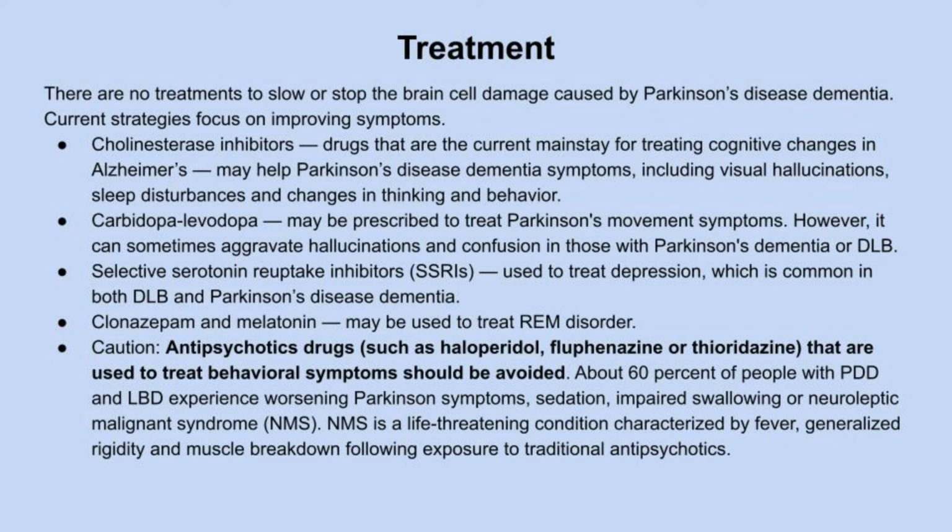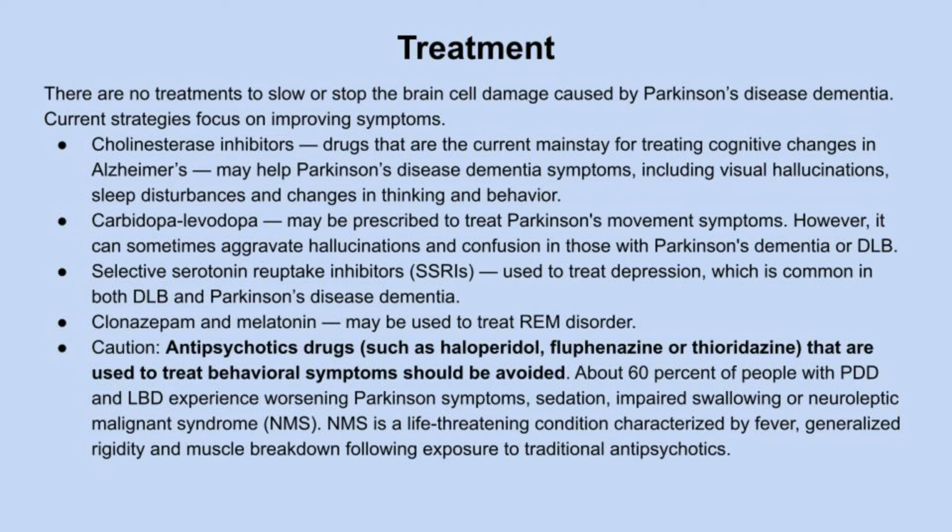NMS is a life-threatening condition characterized by fever, generalized rigidity, and muscle breakdown following exposure to the traditional antipsychotic medications. And just in general, antipsychotics have been shown to increase death in the elderly anyway. So that is why, again, I will reiterate that these patients really should be under the care of a geriatric